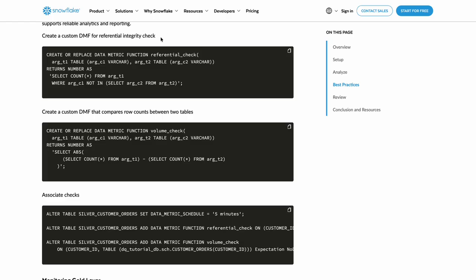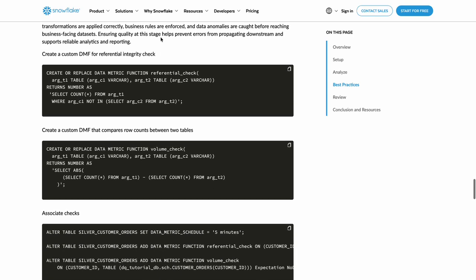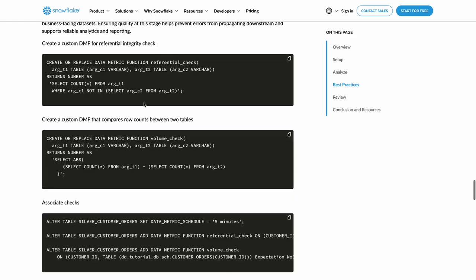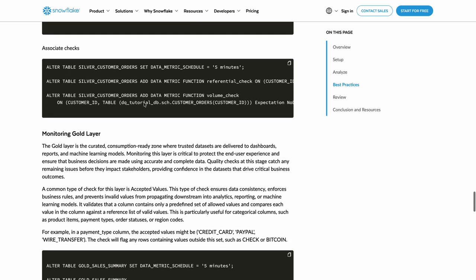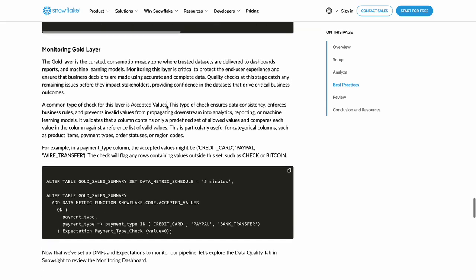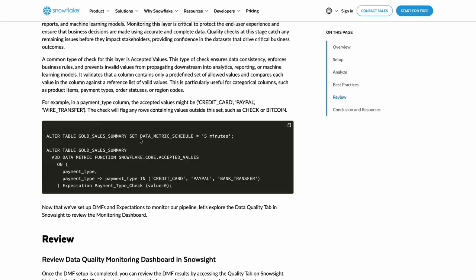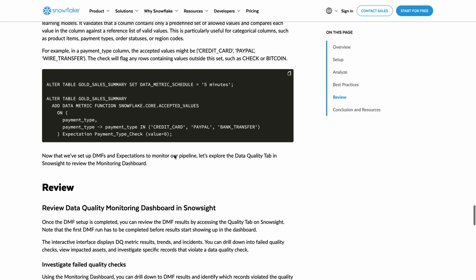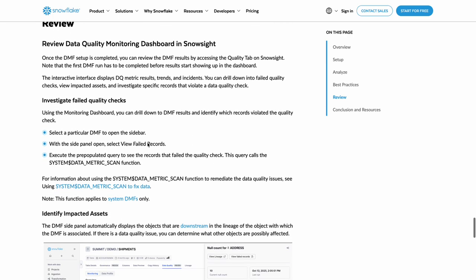So we also set up some additional checks here, called these associate checks. And we also set up the gold table layer checks. We're going to assign those functions to the gold layer with a 5-minute schedule. So let's go over and take a look within Snowflake,